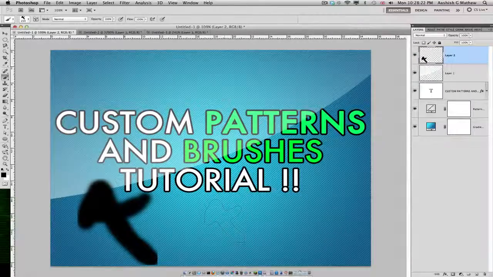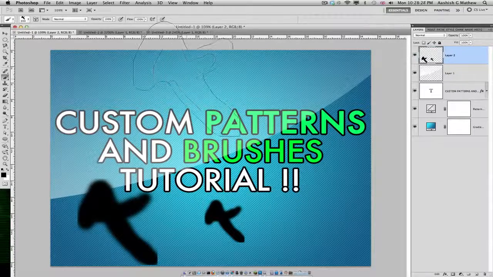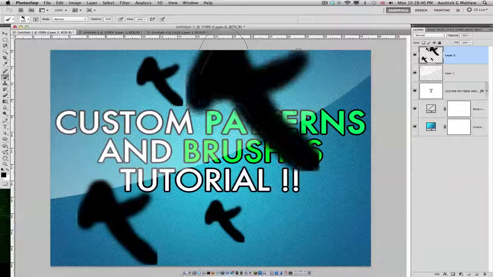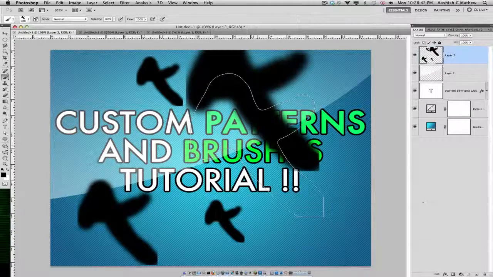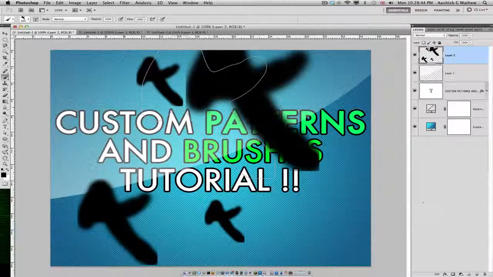You can change the size, and the quick shortcut buttons for changing the size of brushes are the square brackets. I'll put a little text on the screen to show you, and it either increases or decreases respectively like so. And guys, that's basically how to create a custom brush and custom pattern